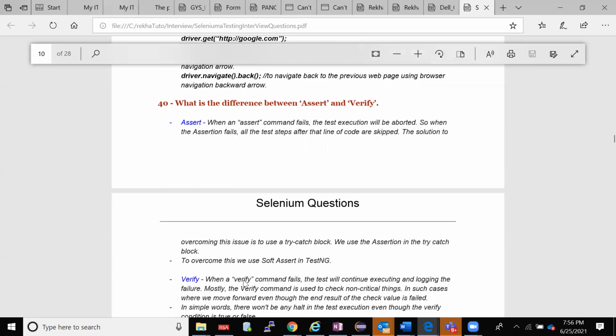So what is hard assert and soft assert? They'll ask you one more question. So hard assert is the one where, for example, if you have 10 test cases, and you have a hard assert in the 5th test case, and your 5th test case is failing, it will abort and will not go to the 6th test case. Okay, it will stop the execution there. When you are doing a soft assert, the execution will go on to the next thing. If you have 10 test cases, and in the 5th test case you have given a soft assert, then the flow will come till the 5th test case. Then if it fails,